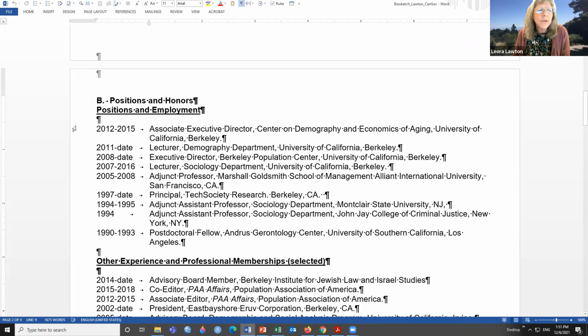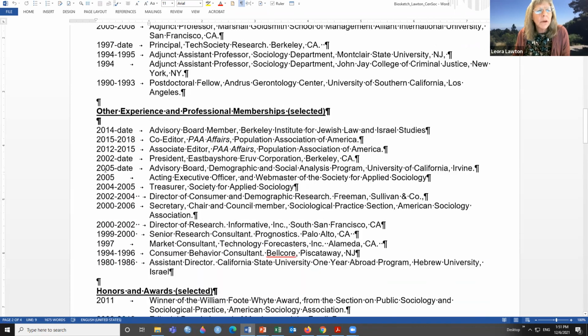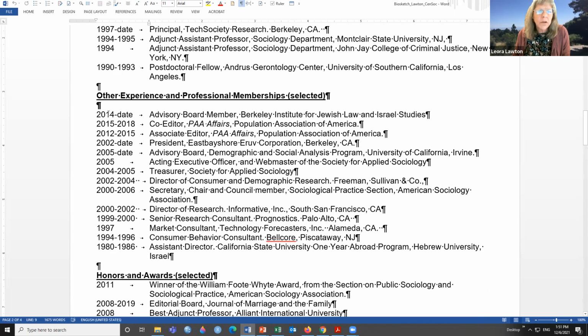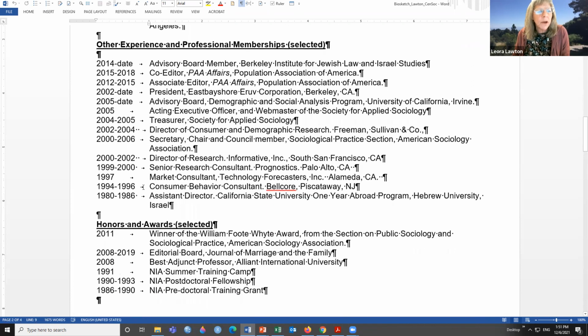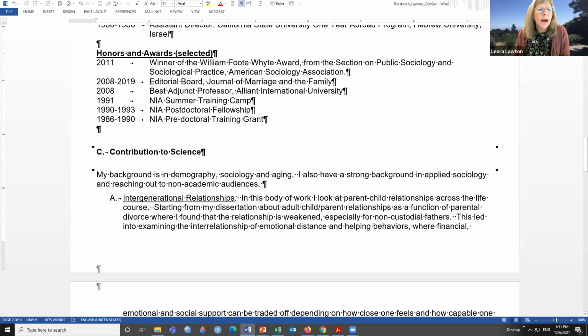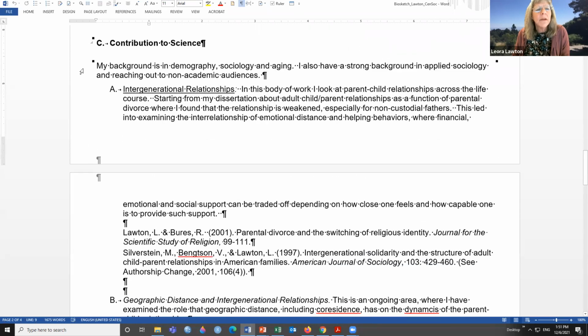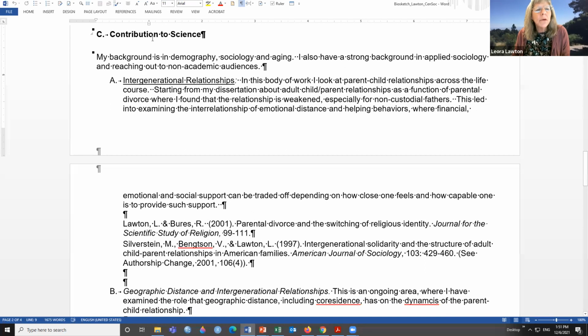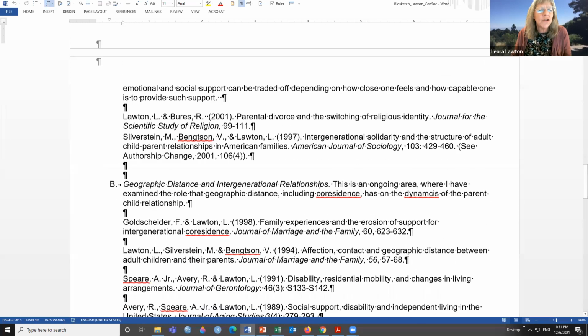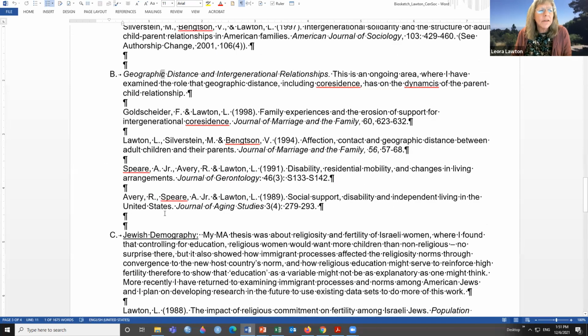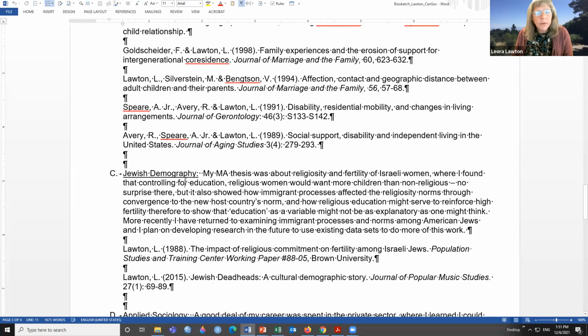After that, you list your positions, your experience, professional memberships that you've had, any awards and grants, all those sorts of things. Then you have one of the harder parts to write, where you talk about your contribution to science, which is sections of things that you've done. So for me, it's intergenerational relationships, geographic distance, Jewish demography. That was actually my